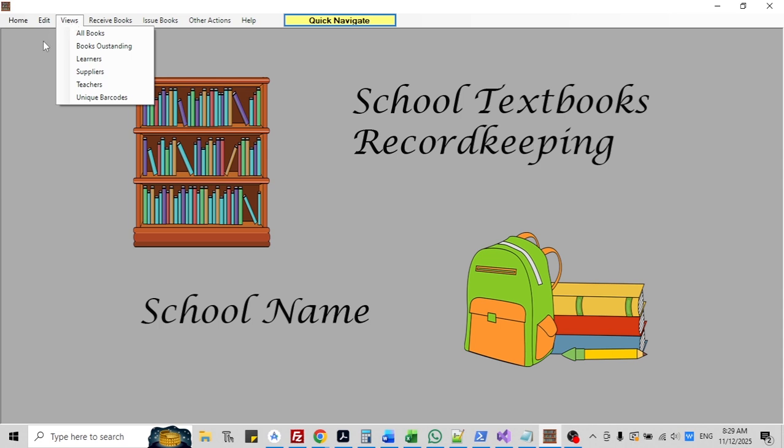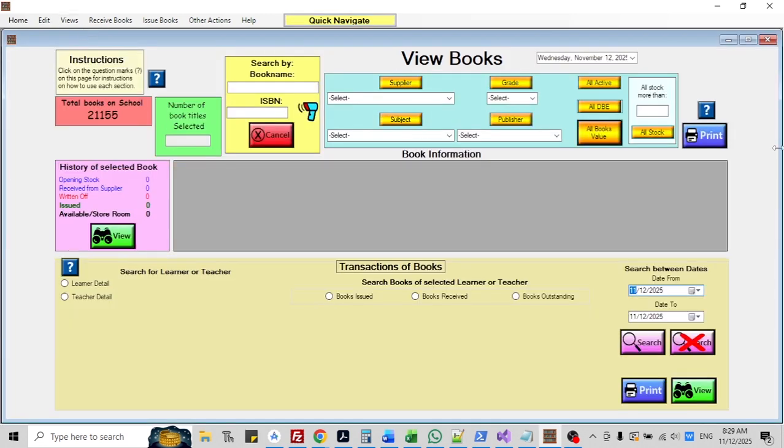Now, if I go here to views and I click on all books, the minute this screen opens, it tells me that at this school, there are 21,155 different books. Now, the department is going to ask you, what is the value of those books that you have at your school?